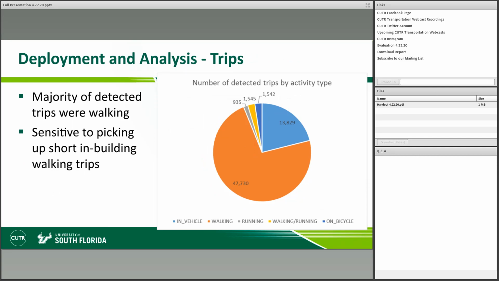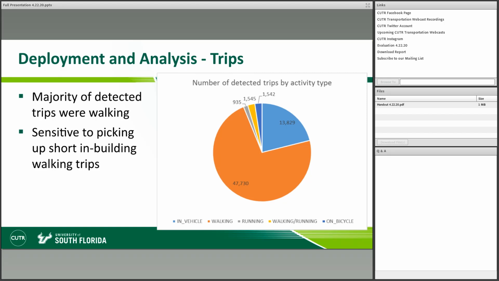So looking at trips by detected activity type. If we remove the still activities and just look at whether a user made a movement and what type of activity was associated with that movement, in the initial export you can tell that over 3/4 of the trips were walking, followed by in-vehicle.